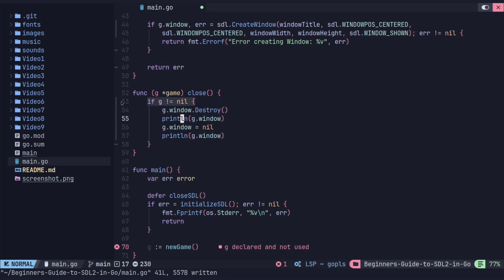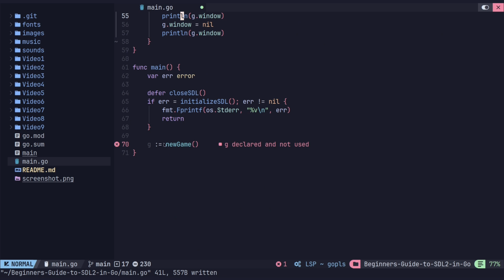And then to close this down, or to reverse this window, we're destroying the window, and I'm just printing that the pointer is still populated. So it's basically still giving us an address to memory we no longer own. So we cannot use this memory anymore, even though we still have an address to it. Then I'm going to set it to nil and print it out again. So down here, we need to actually use these. Like I did up here where I deferred closing,